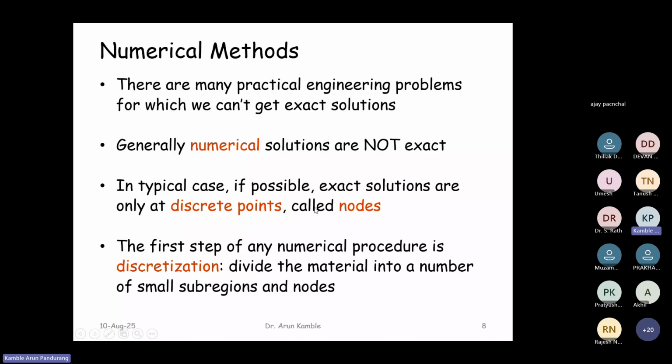There are many practical engineering problems for which we can't get the exact solution, meaning the analytical solution. In practical engineering problems, which are very complicated in shape and size, we can't get exact solutions, and we generally use numerical solutions. But numerical solutions are not exact. In a typical case, exact solutions are possible only at discrete points, which are generally called nodes. And therefore,